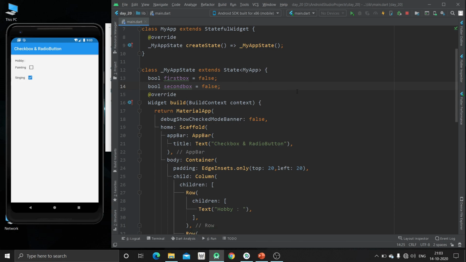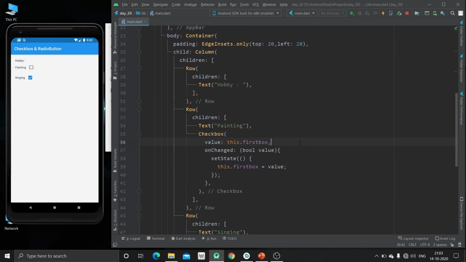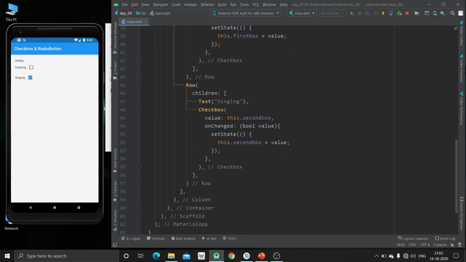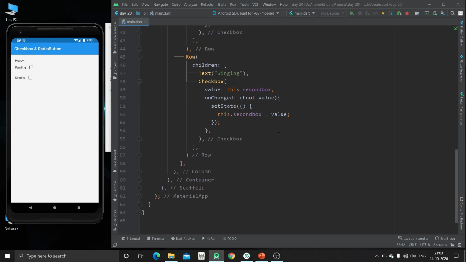Okay, we have to again restart our app so that it can be loaded from the main function. Now you can see both the checkboxes are unchecked.